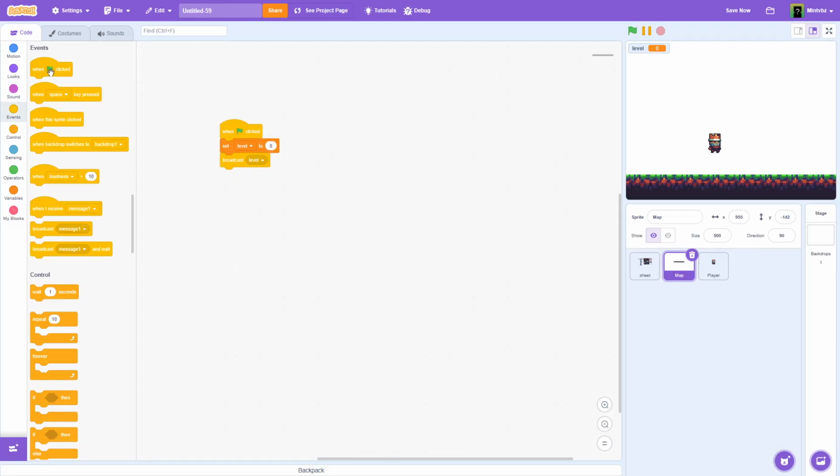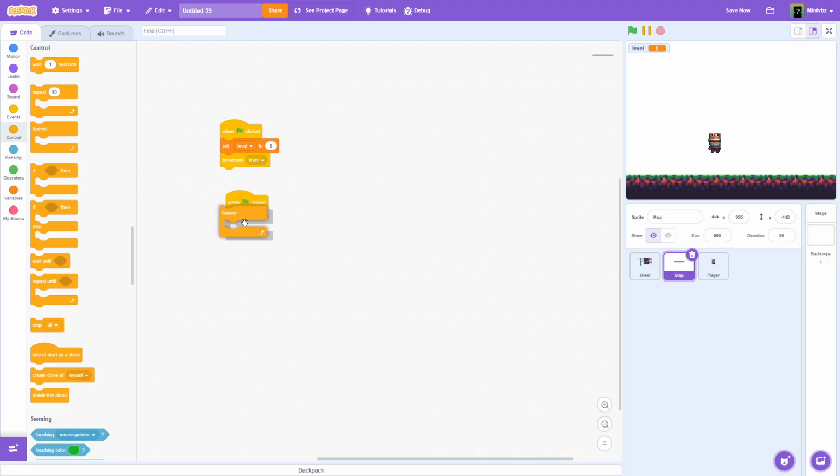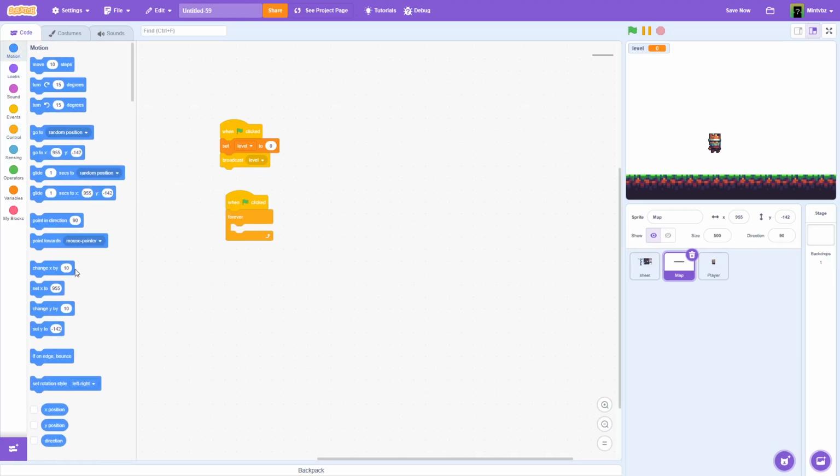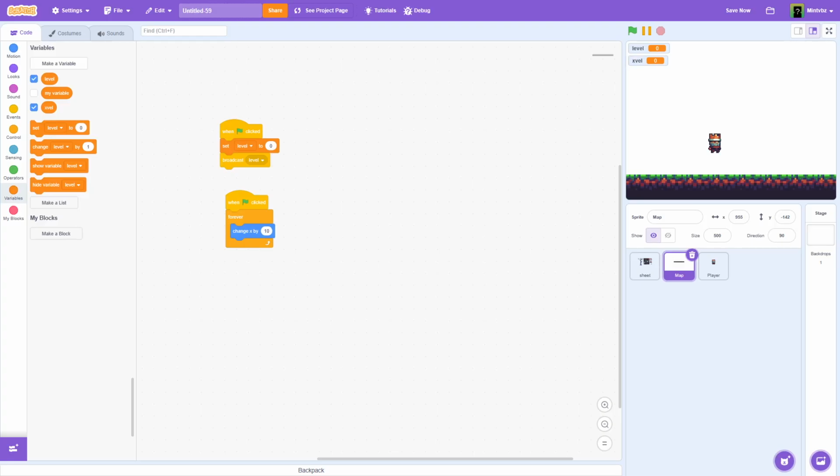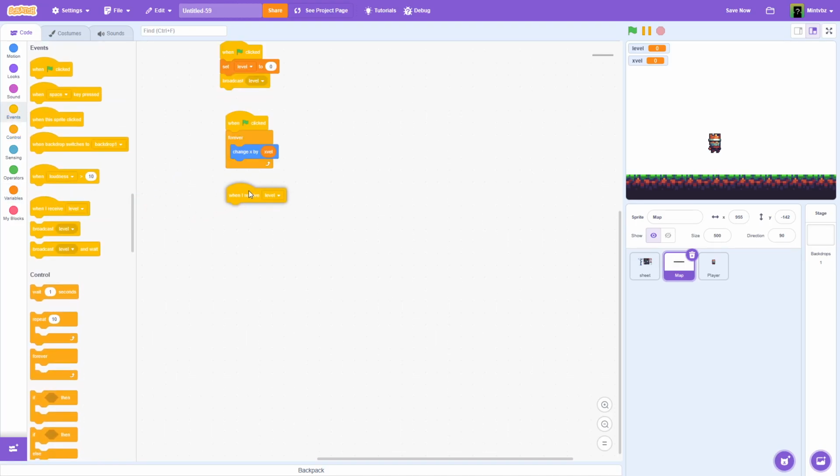Awesome. Now let's do this. We're going to say when flag is clicked, forever, and let us change x by a new variable, which we're going to call xvel for x velocity. Awesome. Alright, now we're going to say when I receive level,